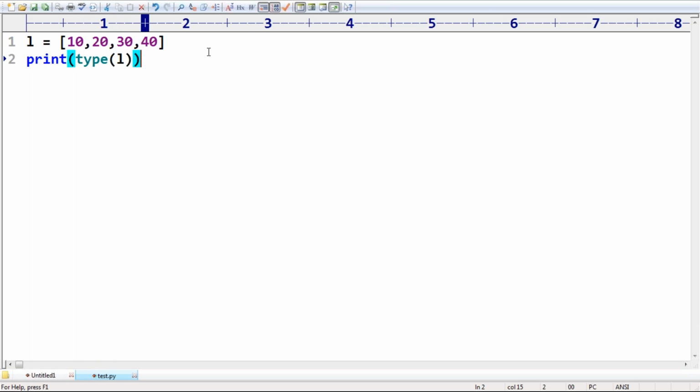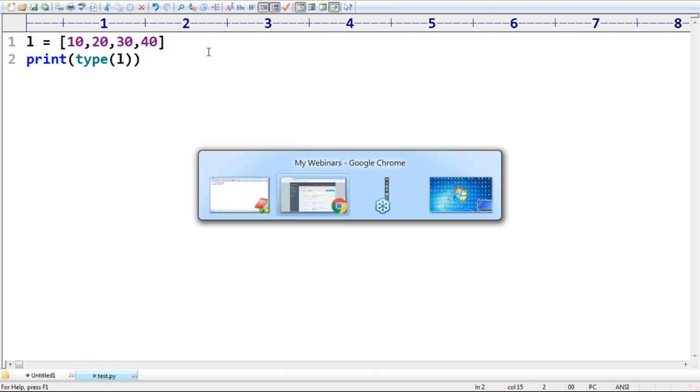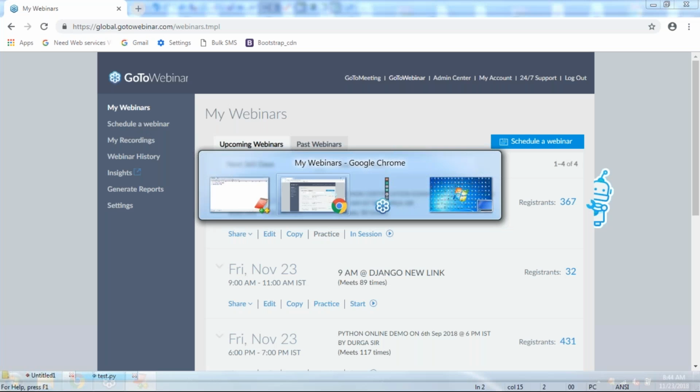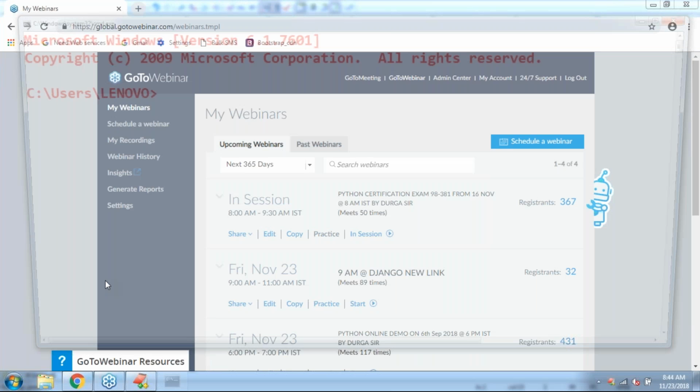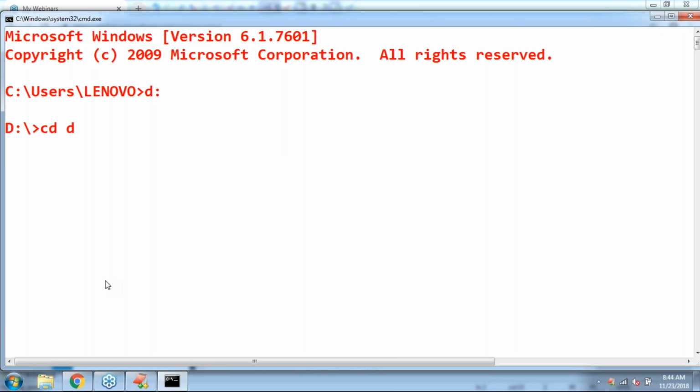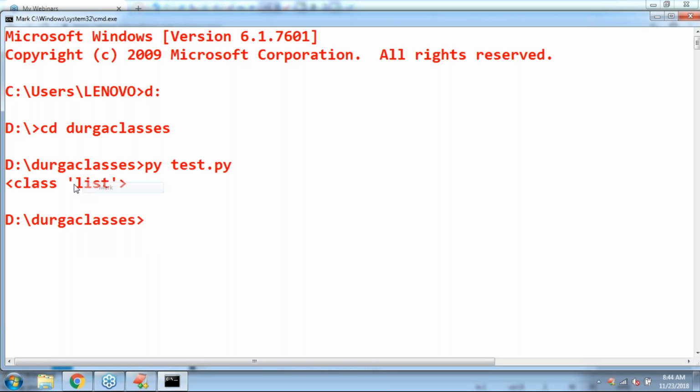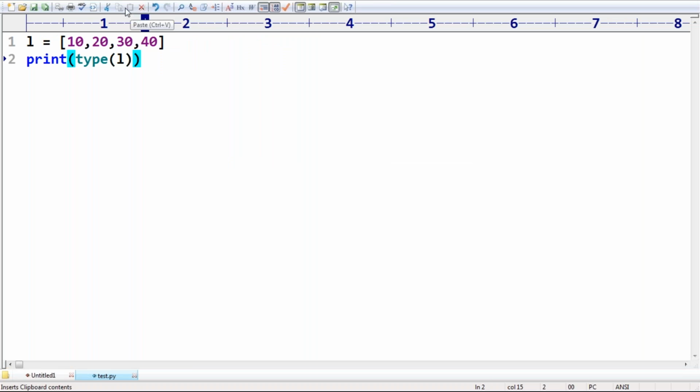If I print the type of L, what answer are we going to get by default? Just have a look once. In pytest.py, the answer will be list. So for list, these square brackets are mandatory. Remember that. But if it is the tuple concept,